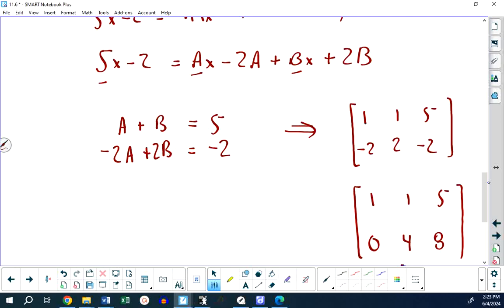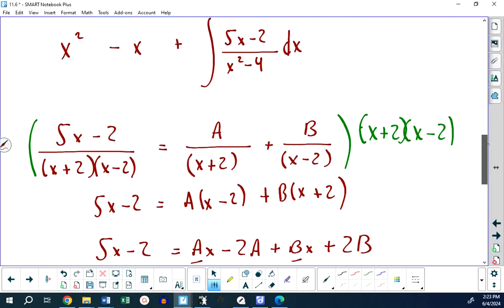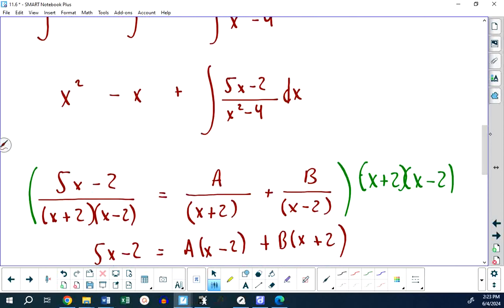If you take a look at this, if you were to double this top equation and add them, you would get 4b equals 8. You'd get b equals 2. It's a lot quicker, but I wanted to show you the matrix thing again. So, bottom line now, a is 3, b is 2. That means our answer is,